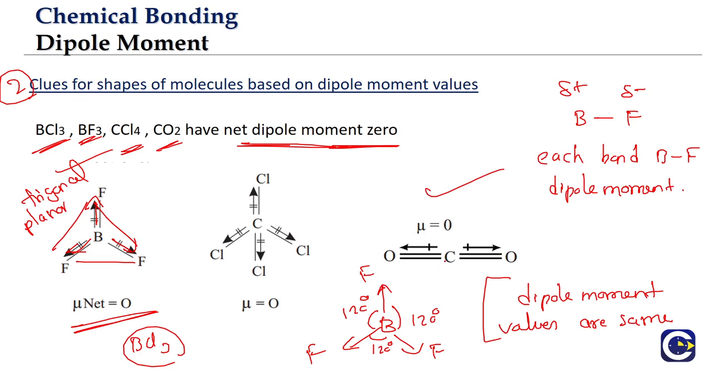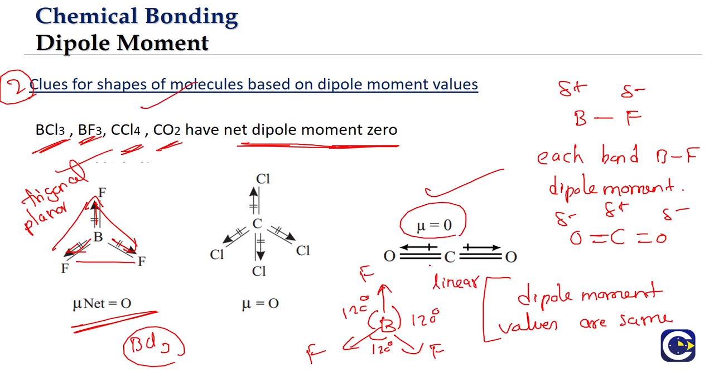Similarly, if you have the case of CO2, we know that each of the carbon-oxygen bonds has a dipole moment. Oxygen is partial negative, carbon is partial positive. But how could these two be cancelling each other? Because the overall CO2 molecule has 0 dipole moment, which means here you have a linear